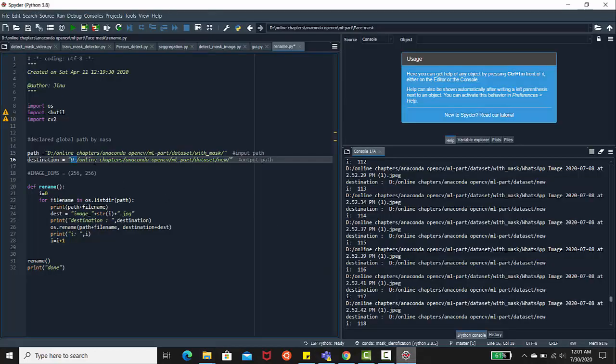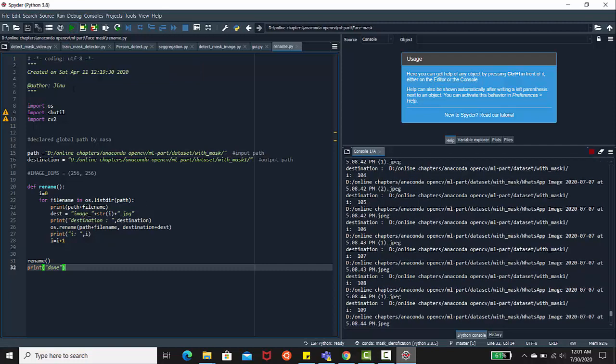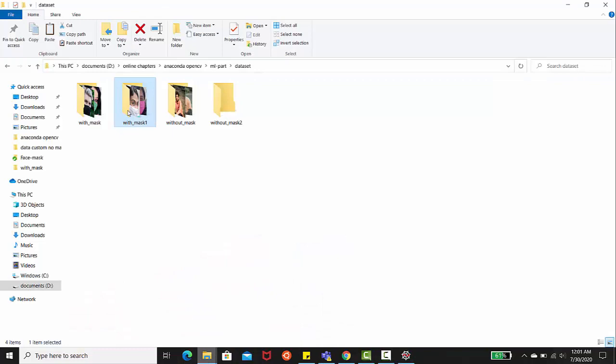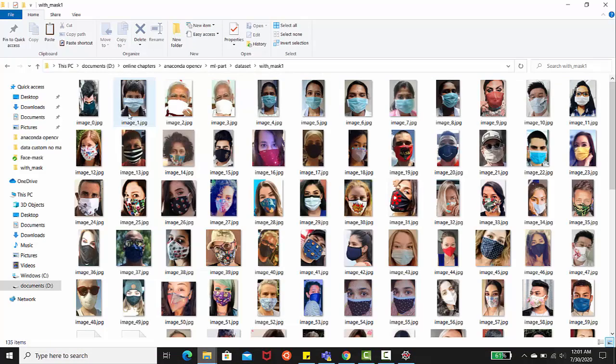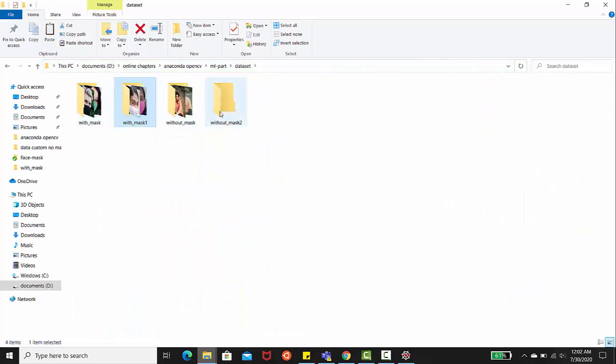You can just replace its path and run the code. When you run the code, all the WhatsApp names get renamed. You can see the names are like image 001 to 113. So it will be much more understandable for others to use.